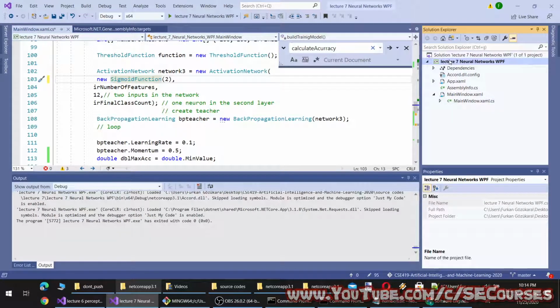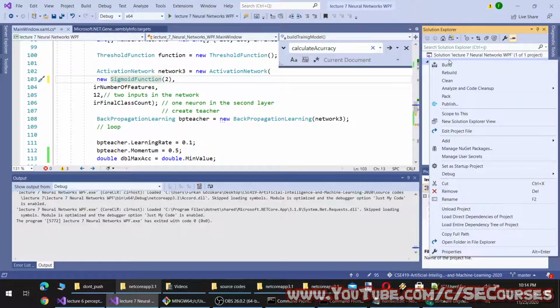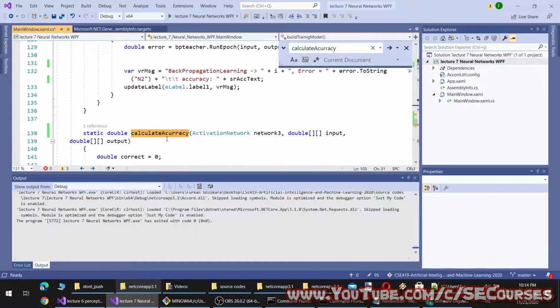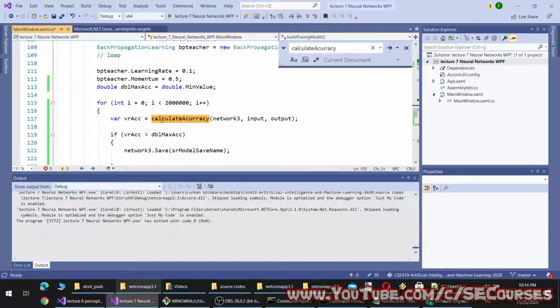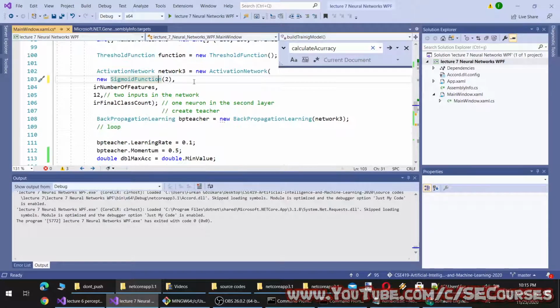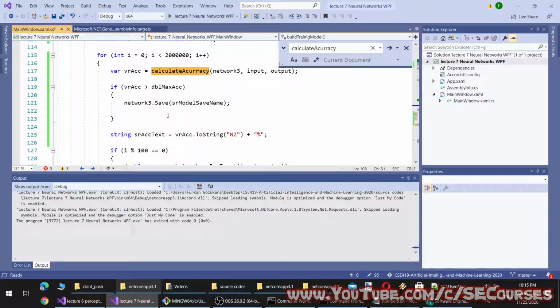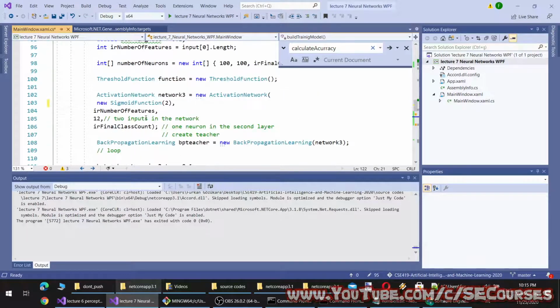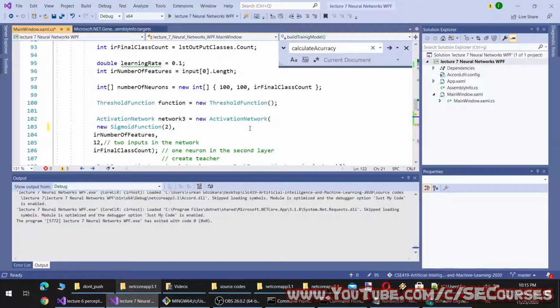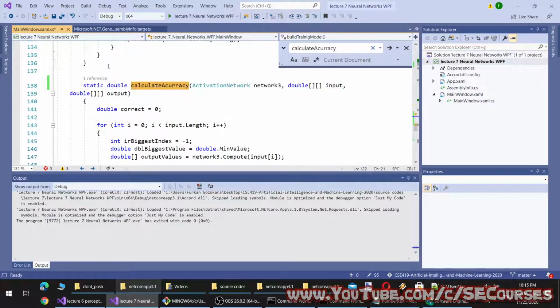To do that, I will use, oh, I don't need to use JSON. So I will prepare a string from the network.